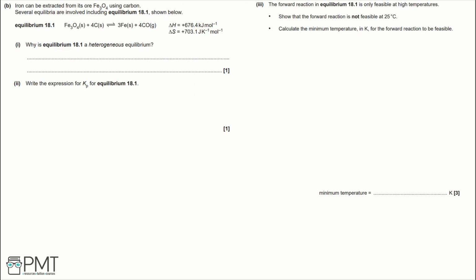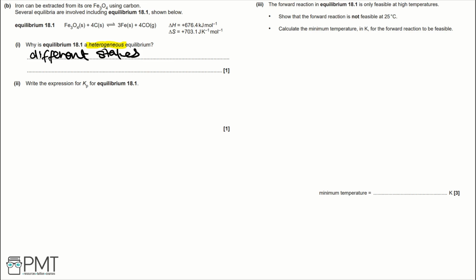Part B. Iron can be extracted from its ore, Fe3O4, using carbon. Several equilibria are involved using equilibrium 18.1 shown below. Part 1. Why is equilibrium 18.1 a heterogeneous equilibrium? So this is quite a common question where they ask you about heterogeneous and homogeneous equilibrium. Heterogeneous means that the reactants and products are in different states. To get the mark for this part of the question, you just need to write that they're in different states